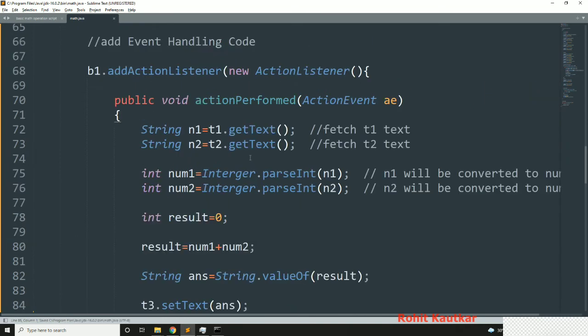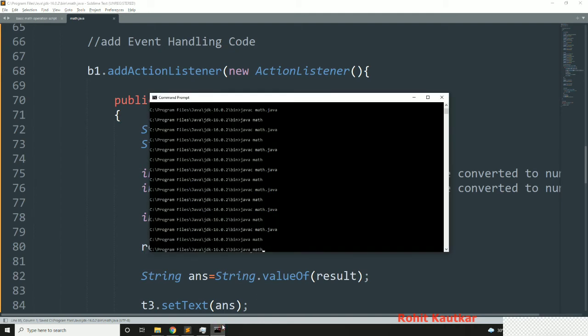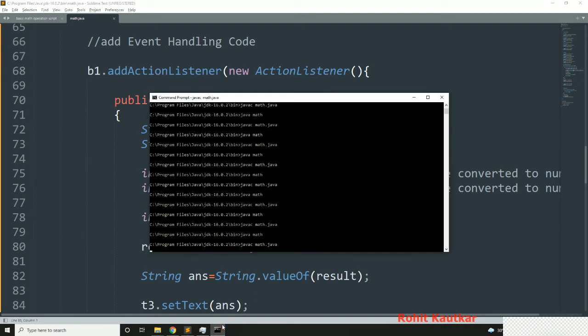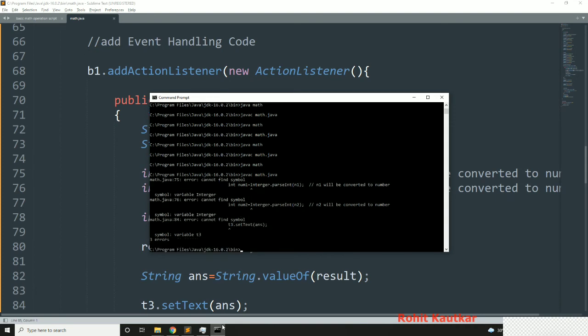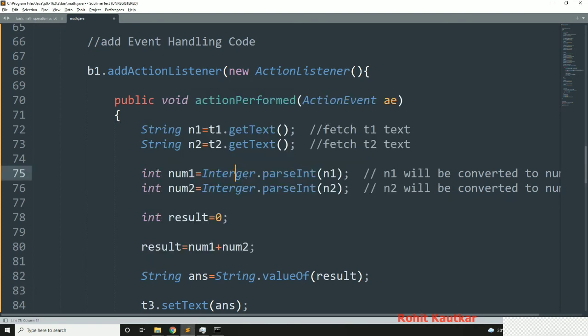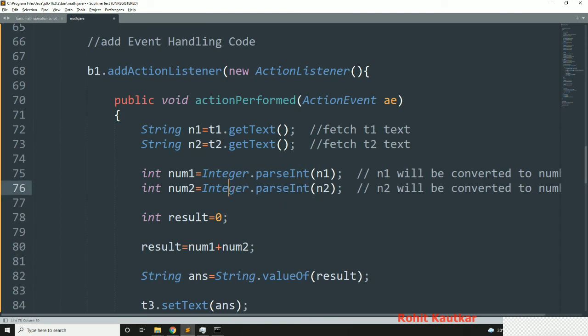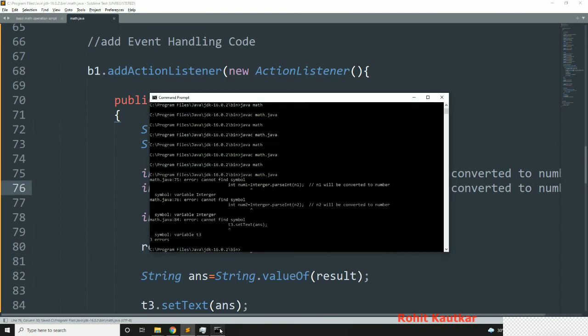Now we will save this and let's try to check. Okay, there is error. Okay, there is spelling mistake.